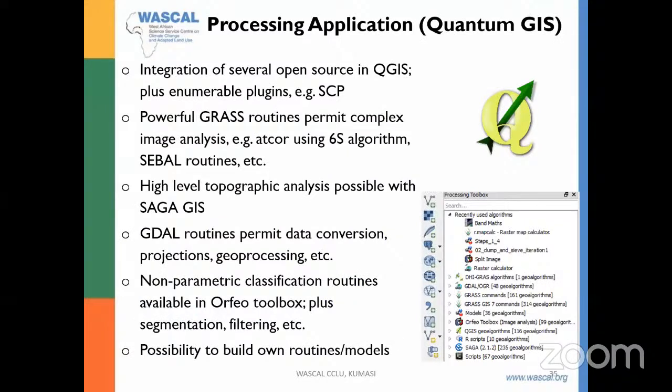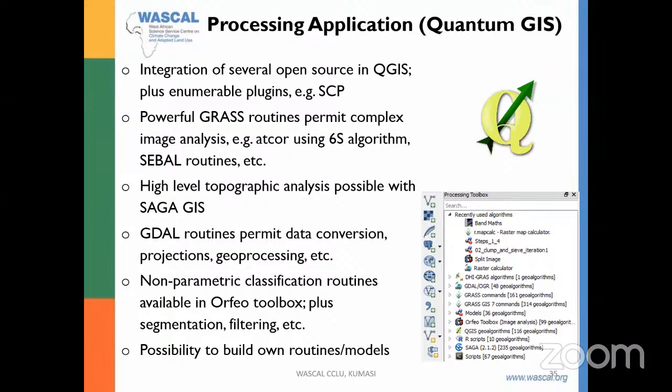So with the Quantum GIS, it helps us in integrating several open sources. Because it's open source, the community is able to provide us with several plugins that can be used for analysis. So we have the SCP plugin, which is the semi-automatic classification plugin. And this plugin handles almost all the images or satellite missions that I have talked about, in terms of downloading the data, in terms of pre-processing the data, and a whole lot. The QGIS also provides us with